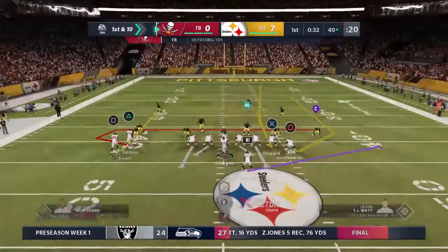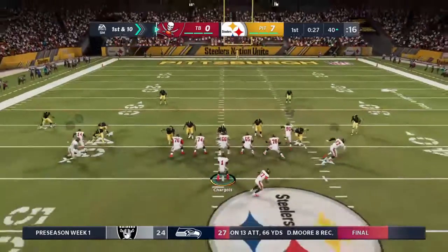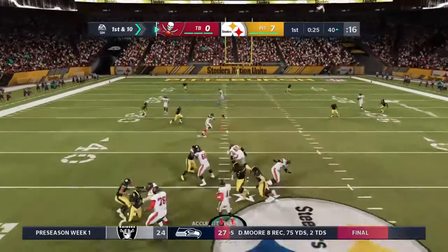The arm strength, Charles, that's something that many questioned for him coming out of college, but he put that one on a rope. And that was something I had a debate with many other evaluators about because I always felt like...